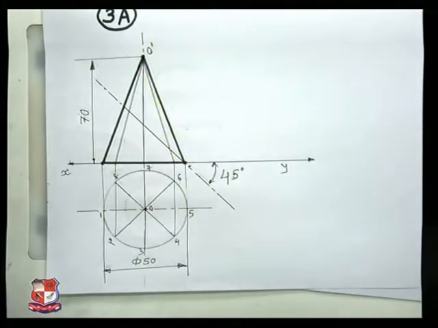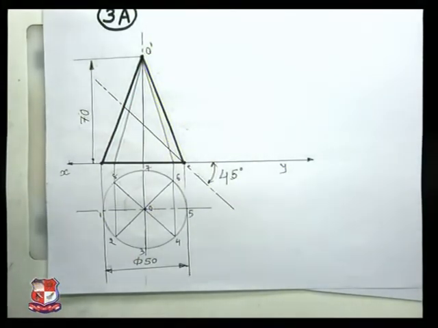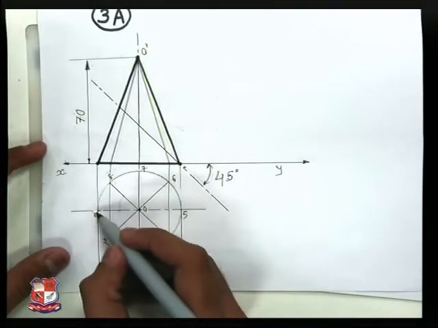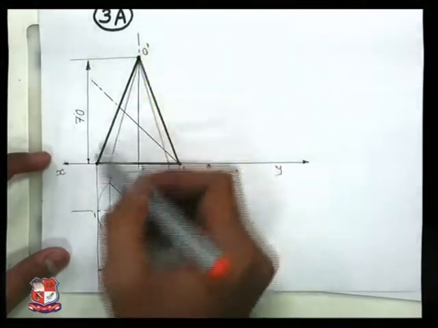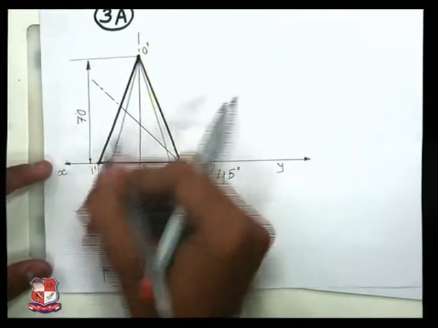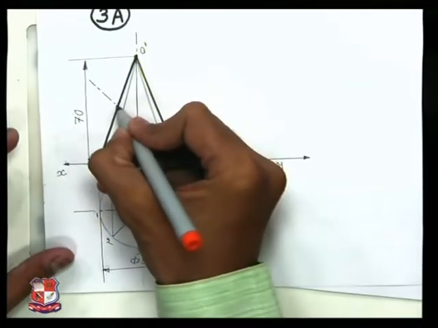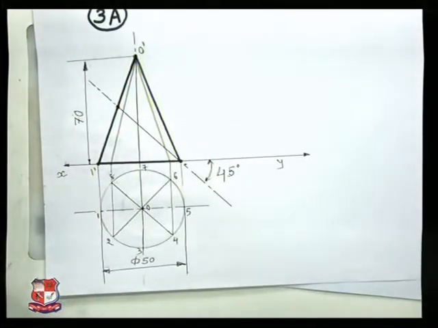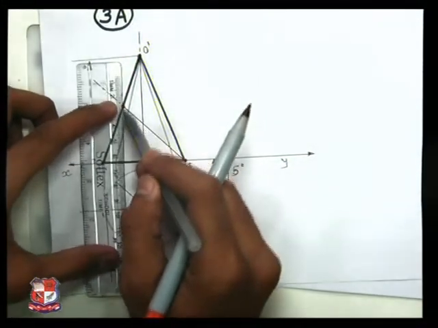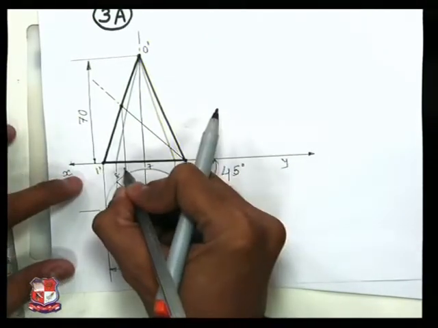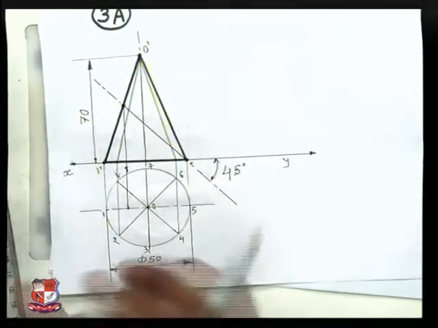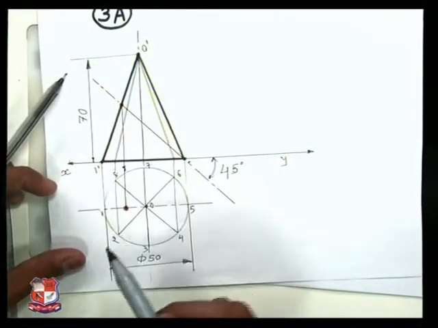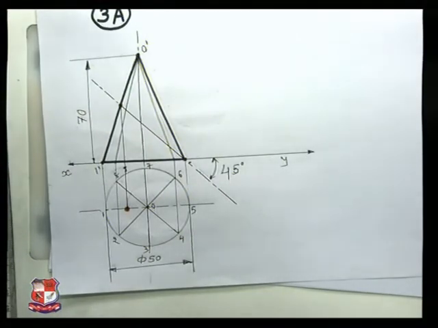Now find out the points of intersection between the cutting plane and the front view of the given cone. So let me start from point number 1. Point number 1 is here. This is O dash 1 dash. Here is generator O dash 1 dash, and intersection of O dash 1 dash and cutting plane is this point. From this point, draw a straight vertical line like this, and that will cut OA in top view at this point. So this is the top view of this point. This is the front view, and this is top view of point number 1. You may mention the name of that point as P1.